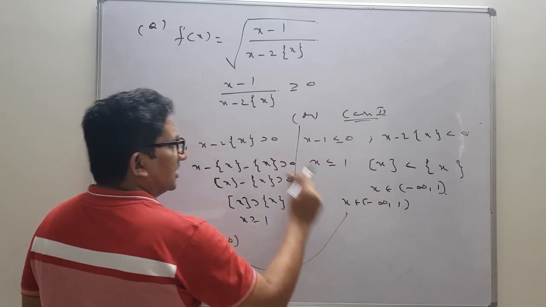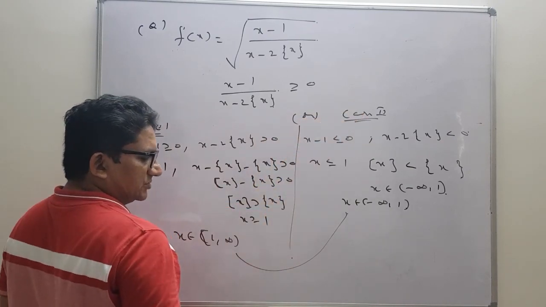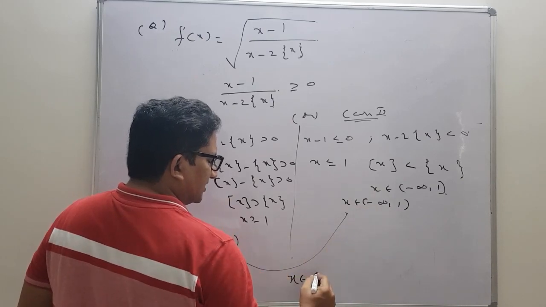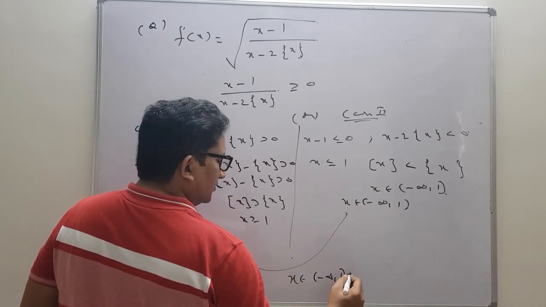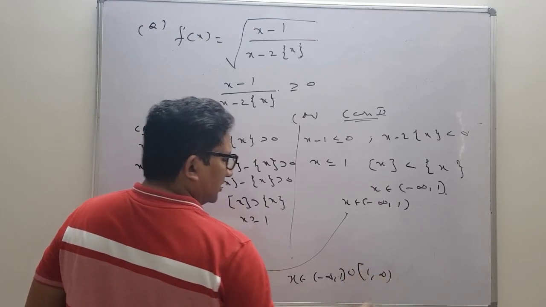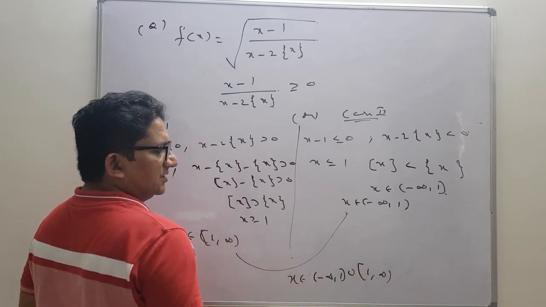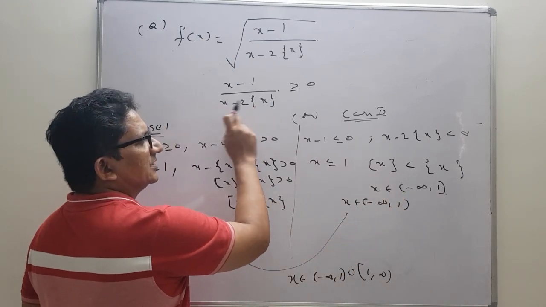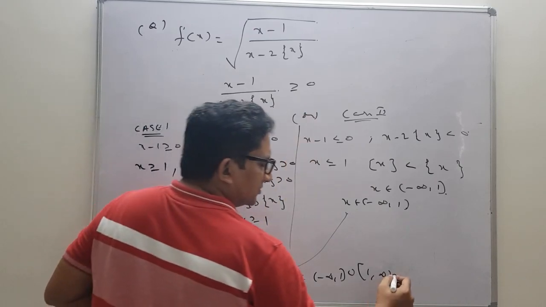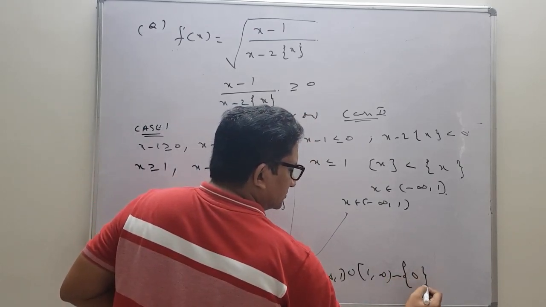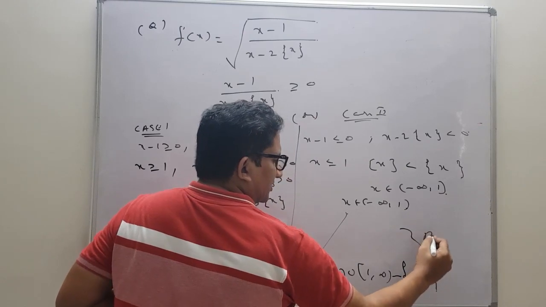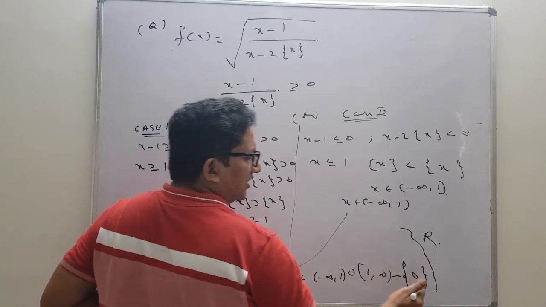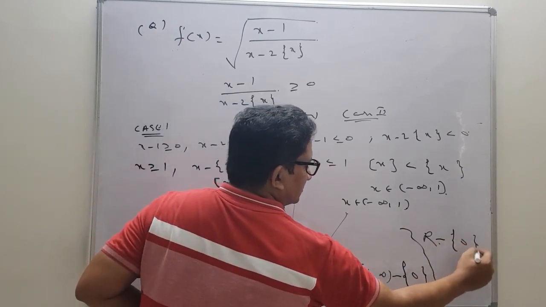Now the solution is either case 1 or case 2. So then we need to write the union of these two. So x belongs to minus infinity comma 1 union 1 to infinity. But here the problem is, this interval contains 0. If you keep 0 here, the denominator becomes 0. So that is not valid. So what we are doing? Neglect 0. Or the domain can be simply written as, because minus infinity to 1 is excluded but 1 again included here, all the real numbers except 0 is the solution.